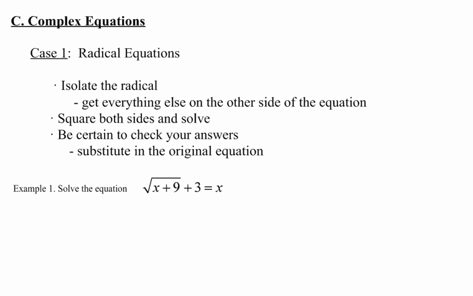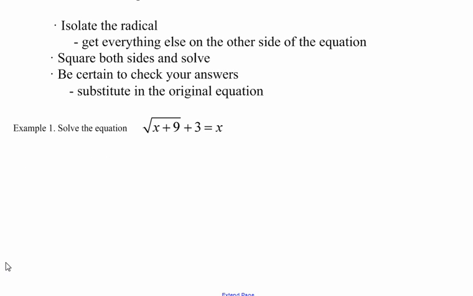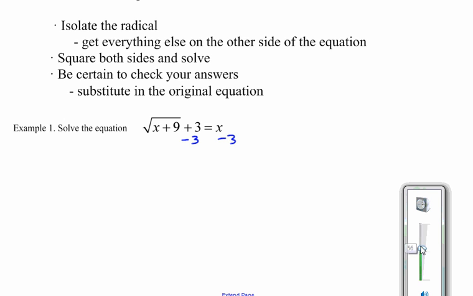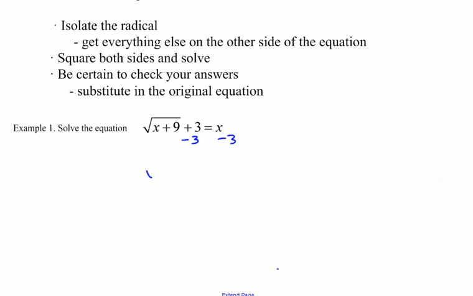All right, radicals. When we are solving equations with radicals, we need to isolate the radical so that we can square both sides, or cube both sides if it's a cubic root. So, looking at this example, what do we have to do first? Subtract 3. We have to isolate the radical. Okay, root x plus 9 equals